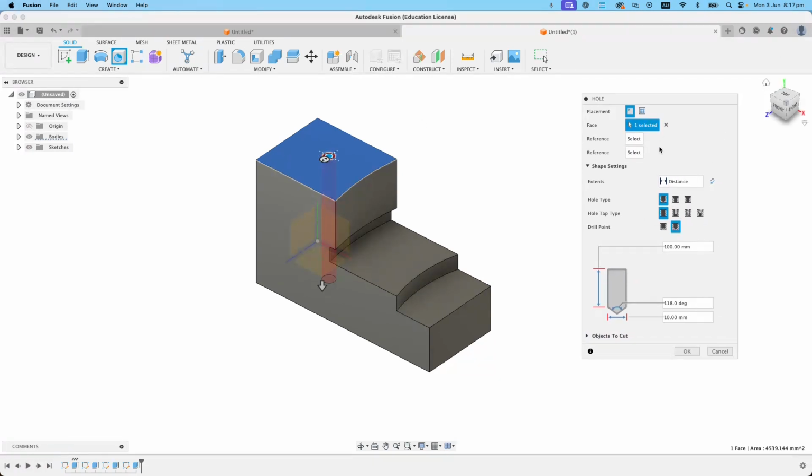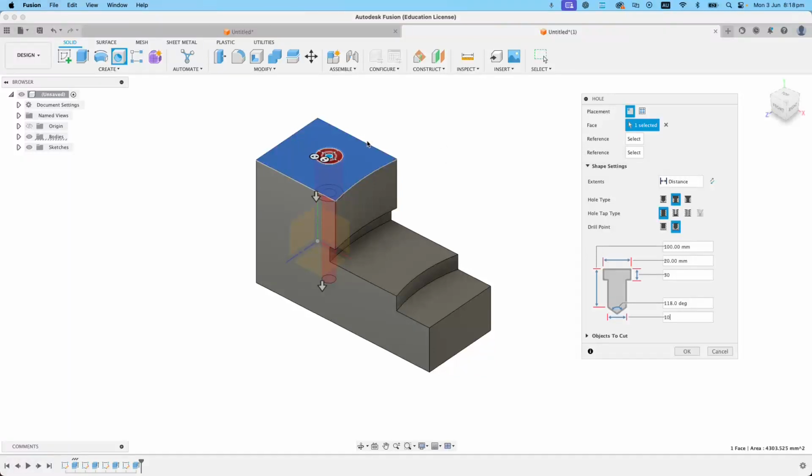Now, if you check out this hole dialog box that pops up, the hole type that we want to use is going to be this counterbore one. Now, it gives us a few things here. You can check things out. What have we got? Okay, we're going to put in a value here. So you'll remember if I looked at my drawing, the diameter was 20 millimeters. It steps down 30 millimeters. So I've just typed in 30 millimeters here, and then it steps down to 10 millimeters there. And this value in terms of how deep it is, it's set to 100. So I've got all those values in there, which define the